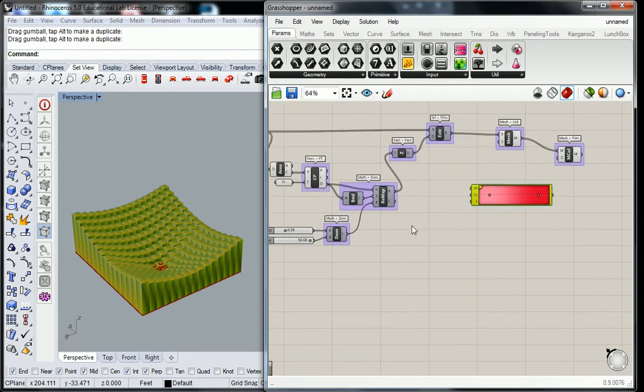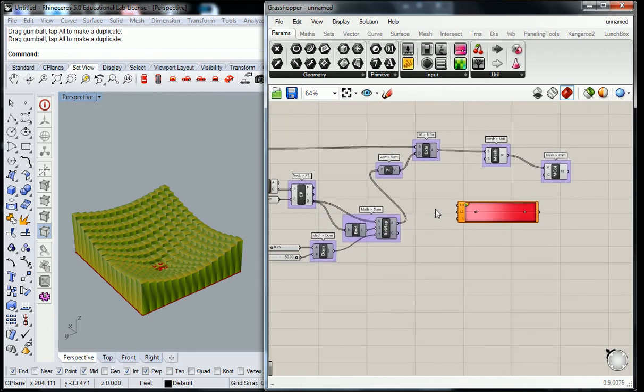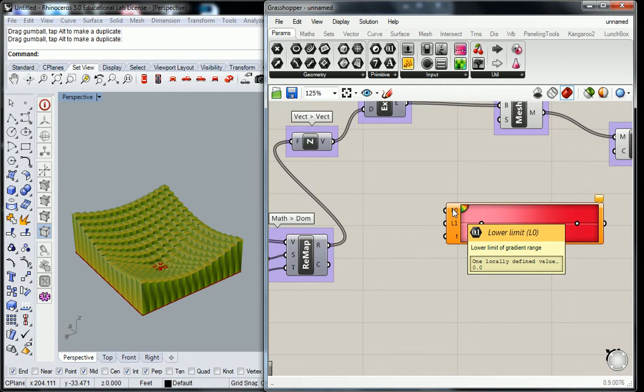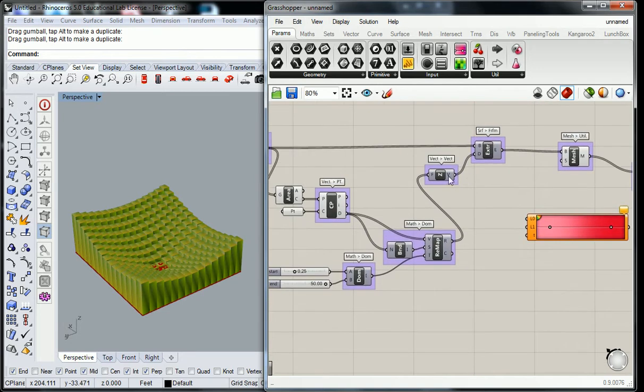So let me get this stuff out of the way, because we're going to kind of pull off of that a little bit. But essentially what we need to do is tell it what the lower limit and the upper limit are, so that it can colorize appropriately. So we can basically take the boundary,